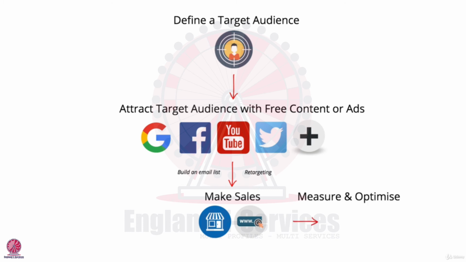Now, the final step in the process is to measure and optimize, and you can do this for free with Google Analytics. And really, this is just to make the whole process better and better. So if you know that a lot of people are coming to your site from YouTube and they're buying stuff, well, you can see that in Google Analytics, and then you can put more free content or ads on that channel to really drive more sales. But it's so important that you're measuring what you're doing, because that's the only way that you know what's working, so that you can do more of it.